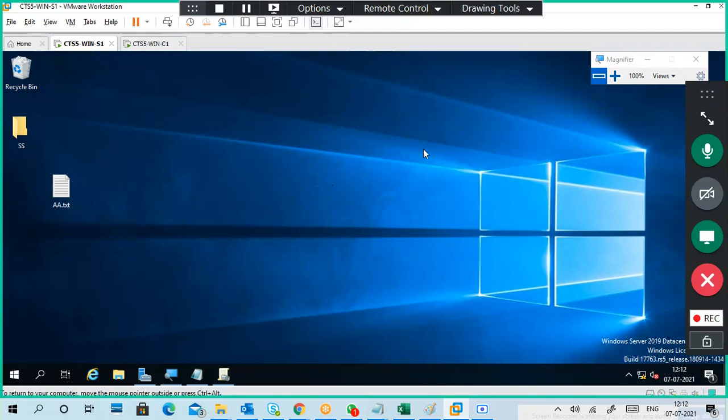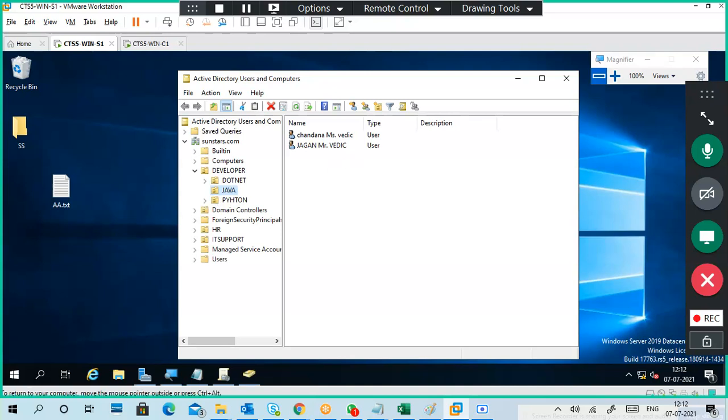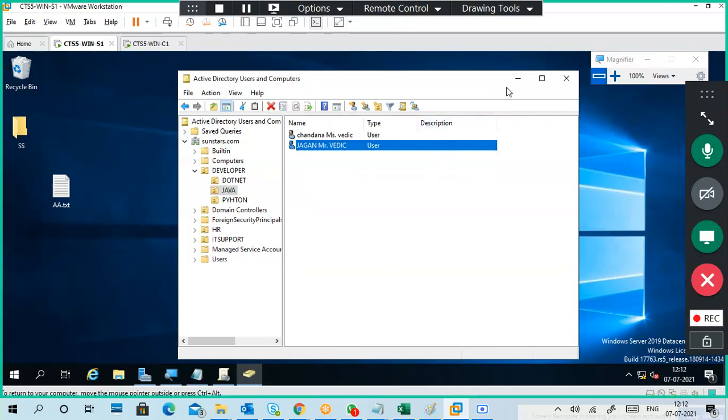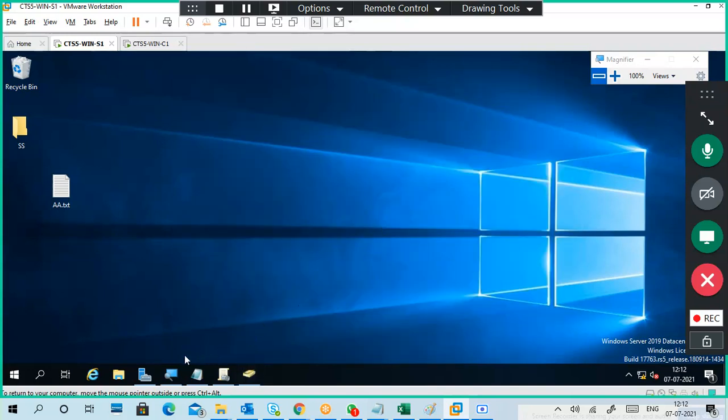Sir, can you tell again how to take that path from the sharing? At that time, my screen got stuck. Okay, okay. Not from this, sir. From sharing. From verifying whether I have shared to the user or not. Yes, I will show you that one. First of all, where I went.